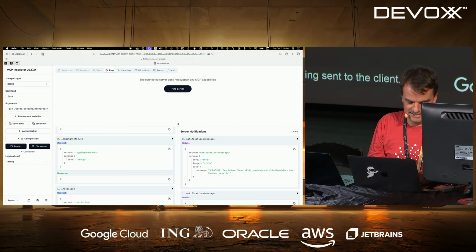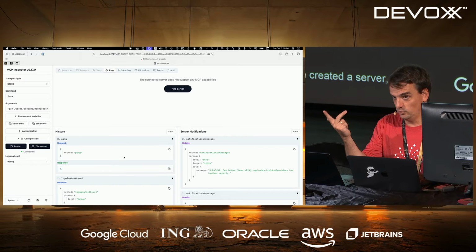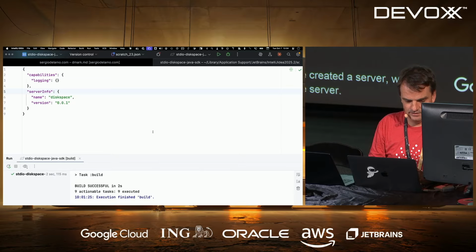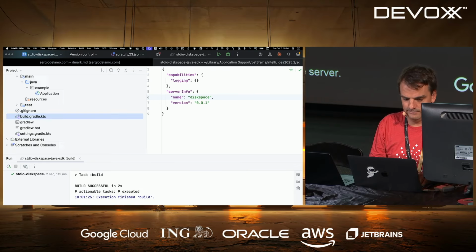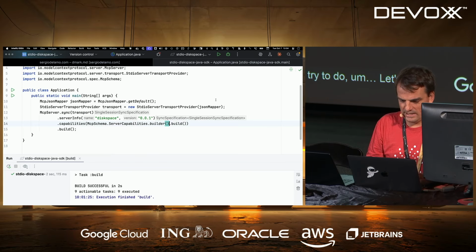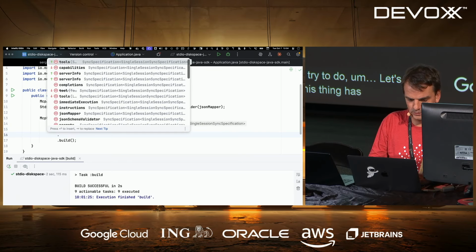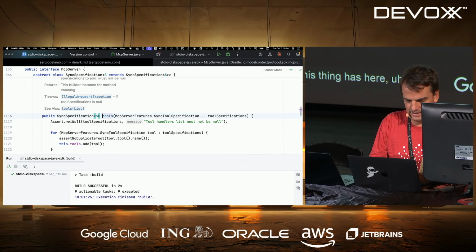First, Java MCP Server demo successful. We created a server, we were able to connect, and we were able to ping the server. But as you can imagine, not really interesting. Let's try to add a tool. So I'm gonna come here, and this thing has here tools, which takes